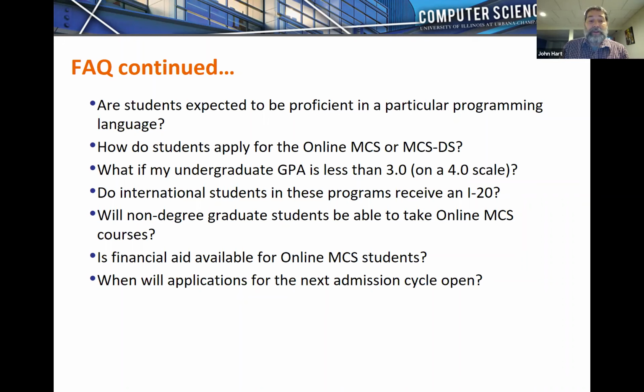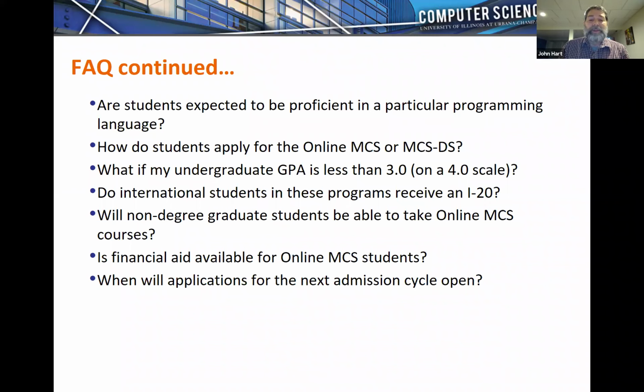The expectation for graduate students is that passing is a B or better. If you fall below a B average, that puts you on probation. I will say that students in our online courses complete the degrees slightly better than students on campus. And the number of students that end up going on probation in our online courses is at the same rate as our on-campus programs. But with that said, we don't want anybody going on probation because of poor coursework.